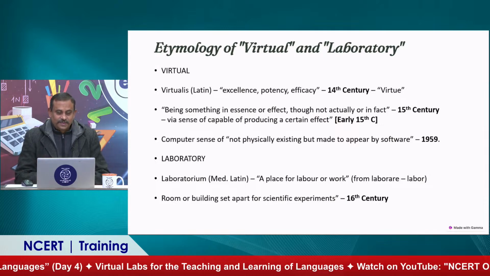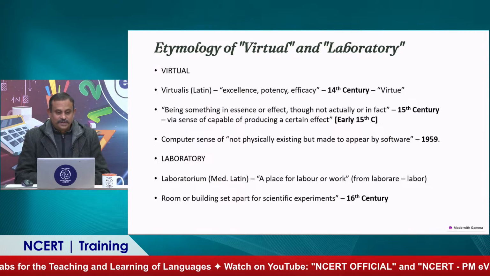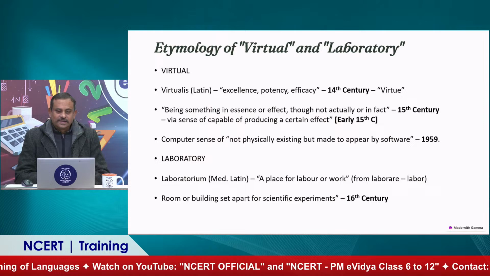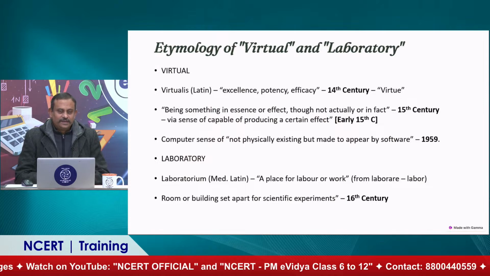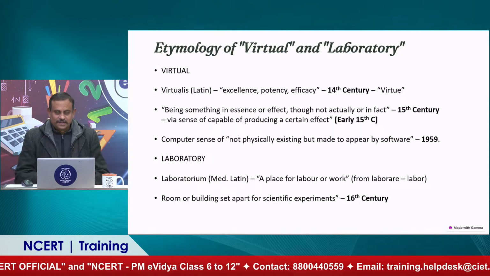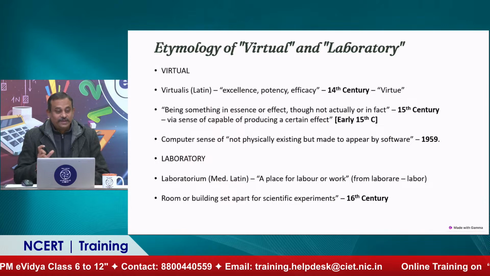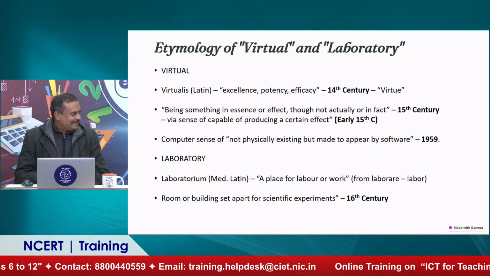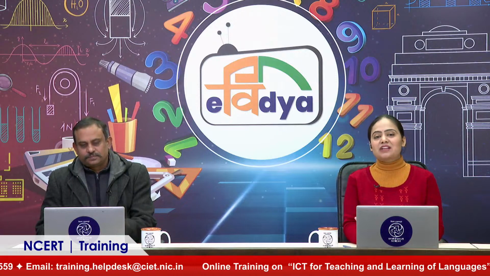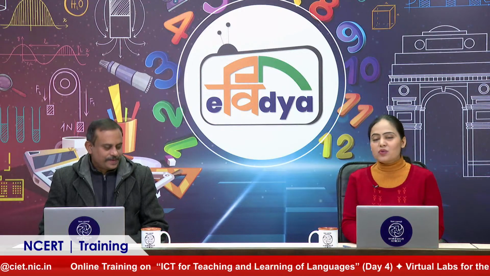And so any kind of workshop came to be known as laboratory, and a room where scientific experiments were done, in another 100 years by the 16th century. So today, combining the two terms, we have a virtual workspace, a workspace which is digital, which is online, which is not in fact, but which is in fact. Yes. It is absolutely true that of course you cannot actually touch them, but yes, they exist, and that is why they are different from physical laboratories. We call them virtual labs.